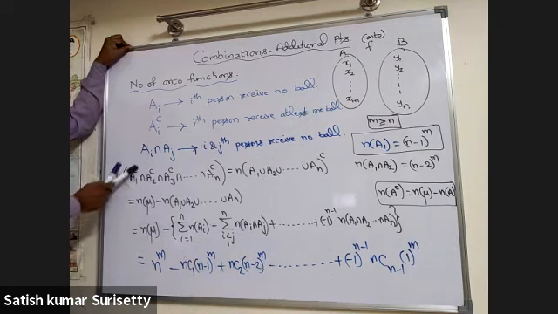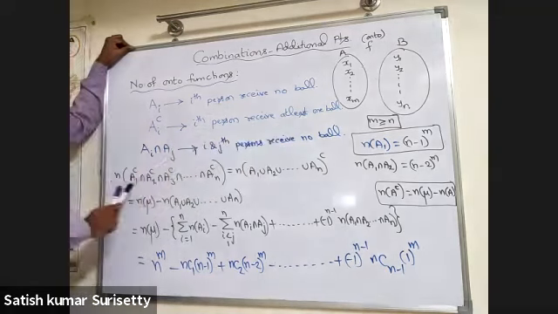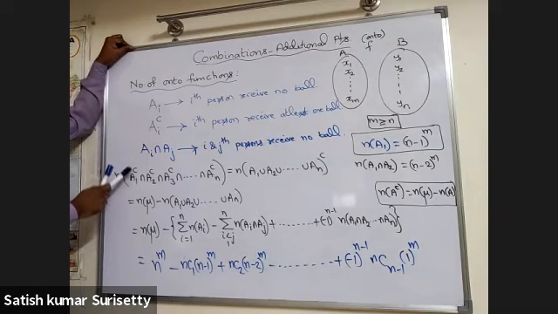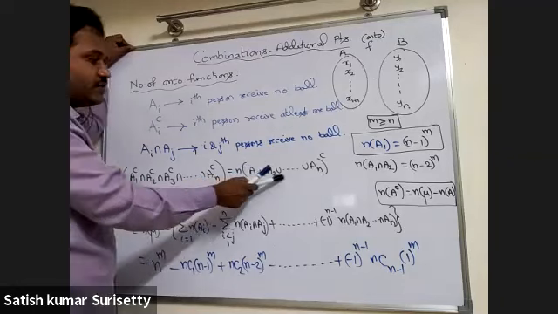The meaning of A1 complement is that the eighth person receives at least one ball. That means the first person receives at least one ball, not only the first person, the second person also, the third person also. That's why we have taken the intersection. Now using De Morgan's property, this we can write as n of (A1 union A2 union, and so on,